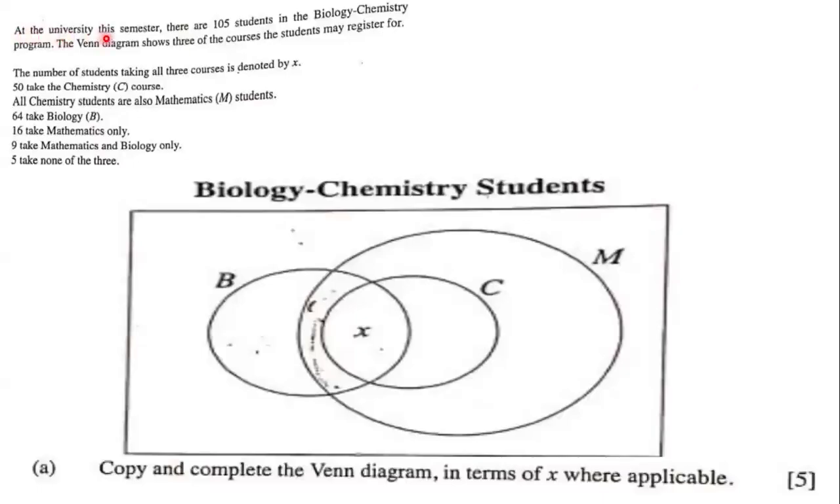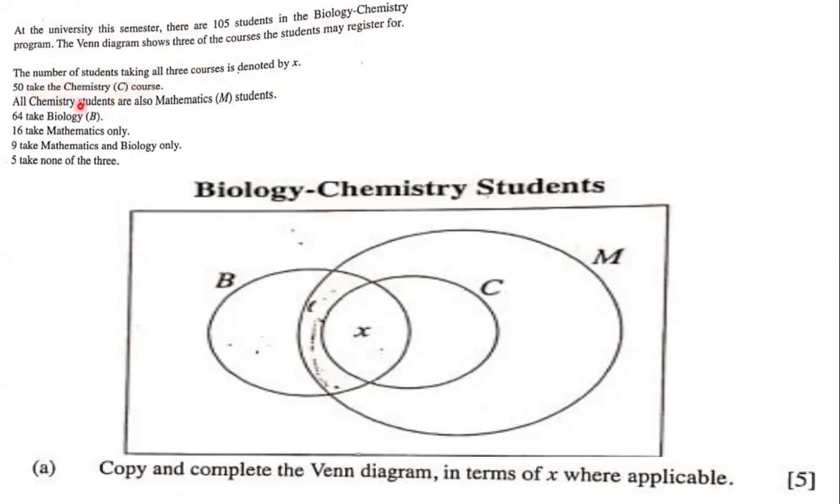At the university this semester, there are 105 students in the biology chemistry program. The Venn diagram shows 3 of the courses the students may register for. The number of students taking all 3 courses is denoted by X. 50 take the chemistry